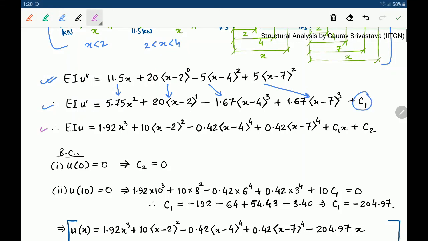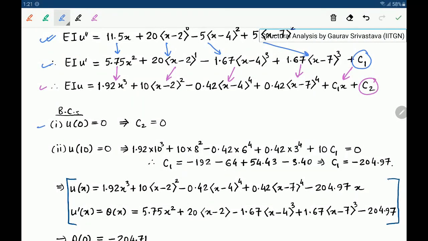We integrate once more. This term is like that. Now see this, these are just integrating like polynomials, right? This comes here. This comes here. This comes here, and then we have one more constant of integration. Next, we can apply the boundary conditions. Okay. And you can try to reason why certain numbers are of the form like they are by using the properties of the angular brackets. Okay, so from here we get C2 equal to 0, C1 comes out like this, and then basically we can